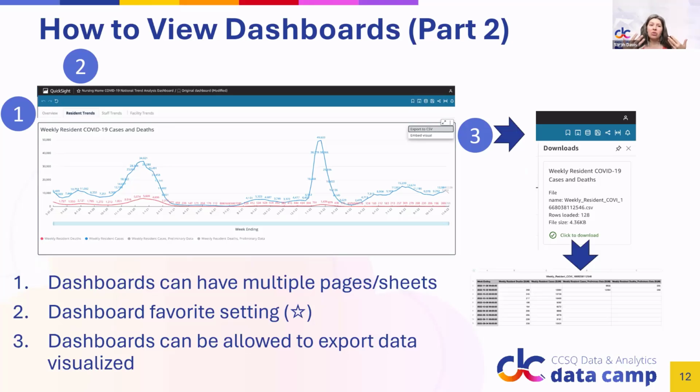So as an end user, your dashboards have a lot of navigation features. The first one is that you can have multiple pages or tabs within a dashboard. So you don't have to create one big laundry list of everything, or a unique dashboard for each modification you want to make. You can make one large dashboard and then have different tabs that have different data sets used and visualized and different controls applied to them. That way it's one less click or one less location that your end users need to go to.